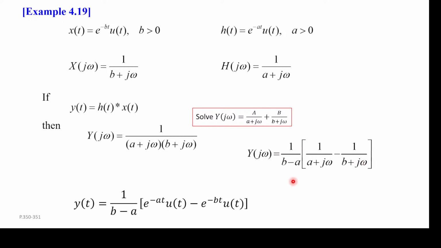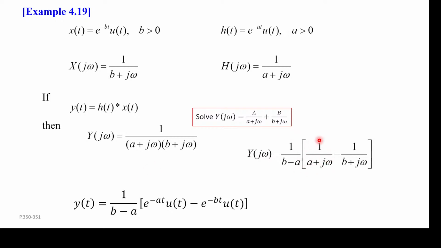And why we want to do this is because if you break Y into this form, then you remember the Fourier transform is linear. So this is a linear combination of 1 over a plus j omega and 1 over b plus j omega. And we know the inverse Fourier transform of those two things. That's the one-sided exponential decay we had before. So here we can do the inverse Fourier transform without doing any integration,